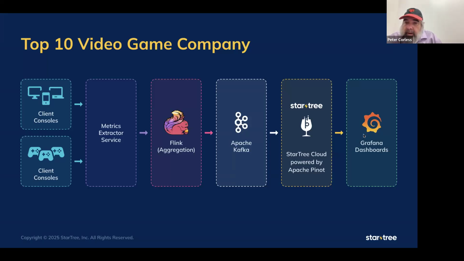So did we have a chance to look at alternatives to Pinot? For this video game company, they had been using a very fast key value store before this, and it was just not built for the real-time analytical side of things. It could do fast row-by-row writes, but it could not do the aggregations necessary to drive their dashboards on the far side. And what makes us go with Pinot is that our founders invented Pinot at StarTree.